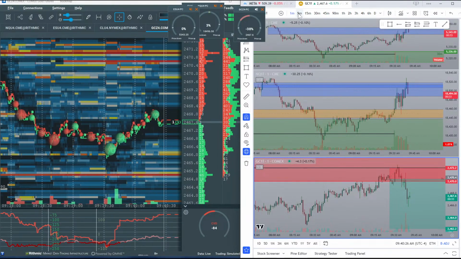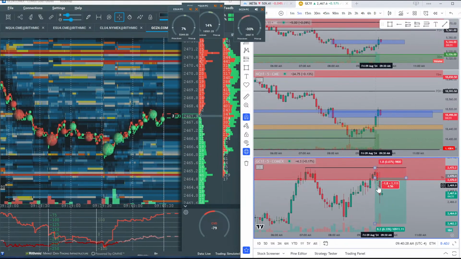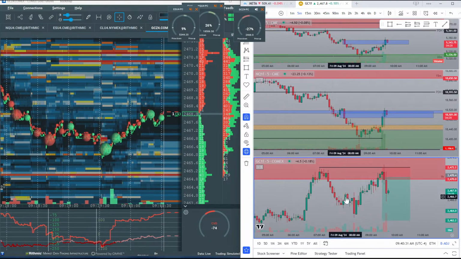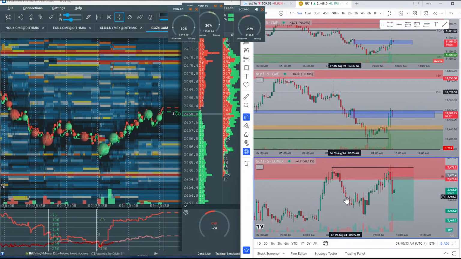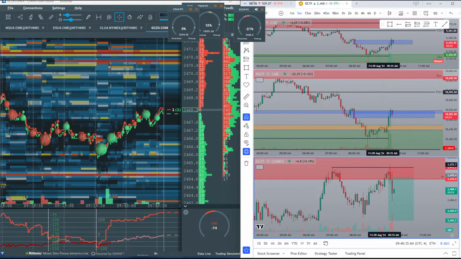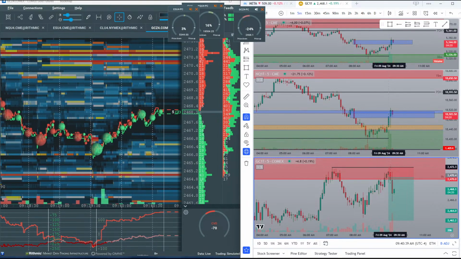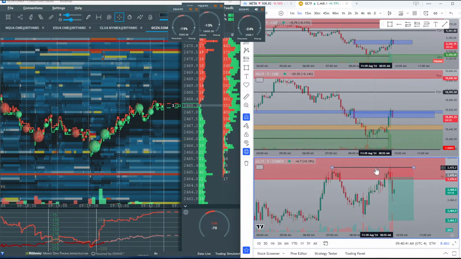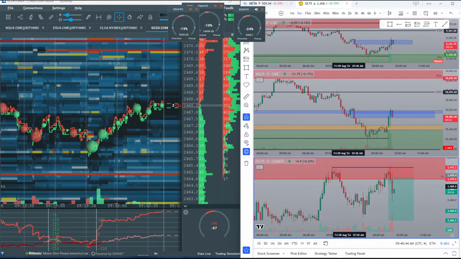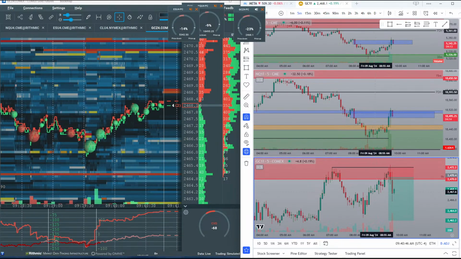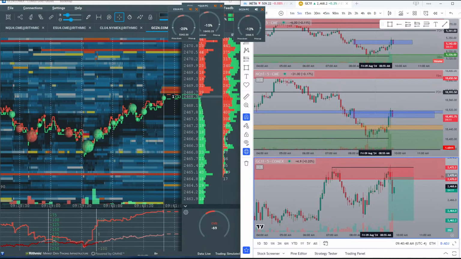I want to see if we could continue, because if we could continue here, we could create a 5-minute fair value gap, which is great. That shows us an imbalance, shows us strength in the market. If we do pull back here, I'm going to be very careful with my trade. I am going to be moving my stops to that previous buy-side liquidity. And again, sort of looking to take 1 contract off around that